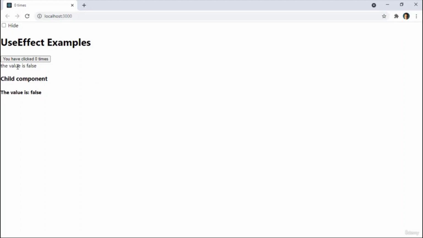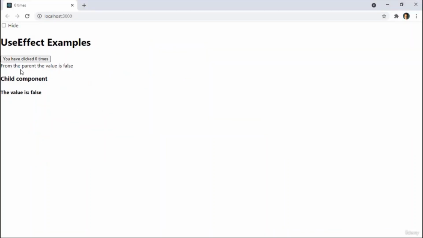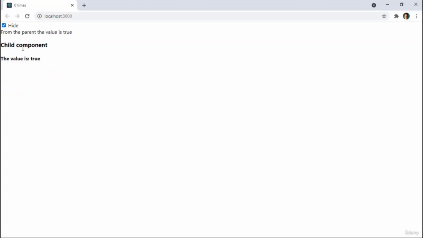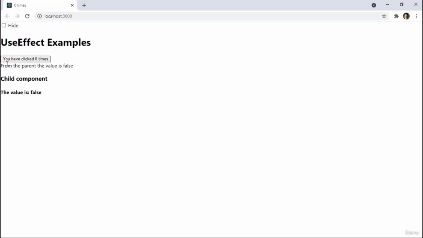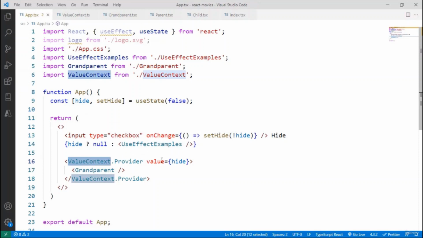Now we have the value is false and the value is false. This is from the parent. Let me write here from the parent, save. Now we have from the parent the value is false and this is from the child. And if I click on here, you can see that we have from the parent the value is true and the value is true. And if I click on here one more time, we have from the parent the value is false and the value is false on the child component,